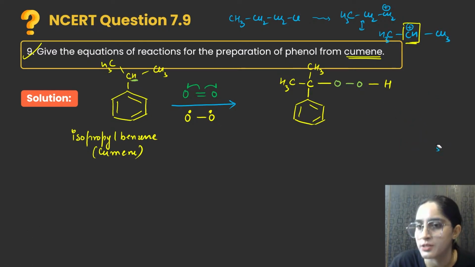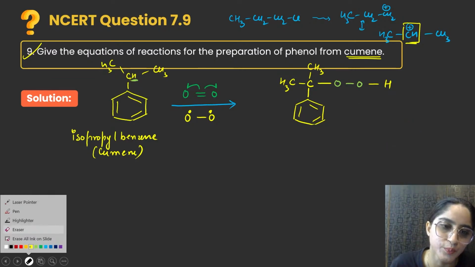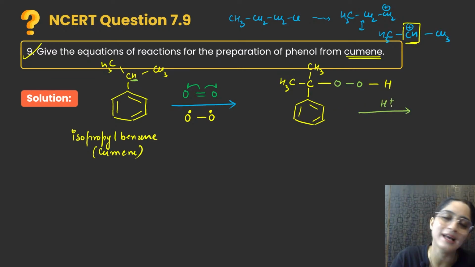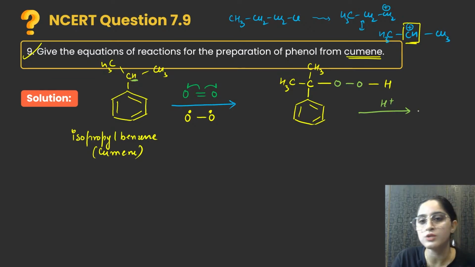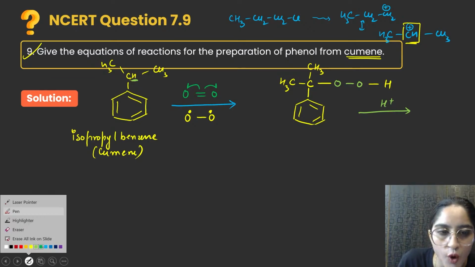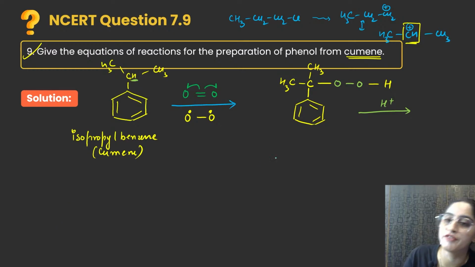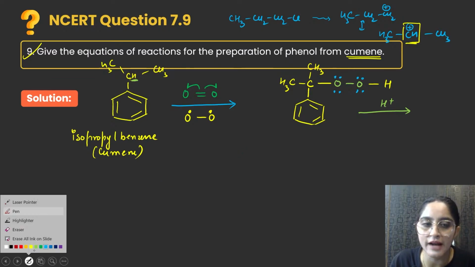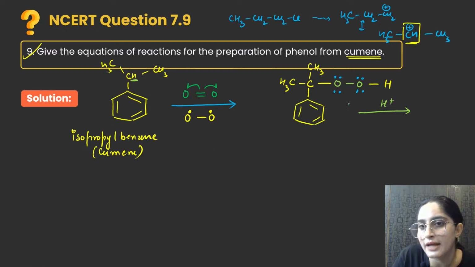You should know the proper mechanism of that. So let us see what you are going to do. Beta, here firstly, I'll add one proton, and directly it is not going to form phenol. So what is going to happen with this proton? This proton is electron deficient. And you see over here it has 2 electrons, over here it has 2 electrons. The electron rich and electron poor will get attracted to each other. So this lone pair will get attracted over here, and this H positive will attach here.